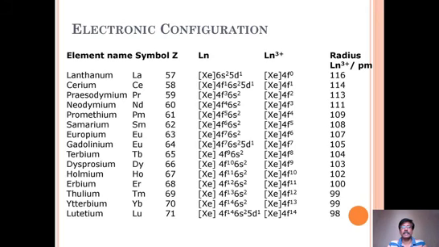In other cases, that is not very much clear because in most of the cases the d electron is not available. It will move on based on the stability. This is how we can write the configuration of lanthanides.